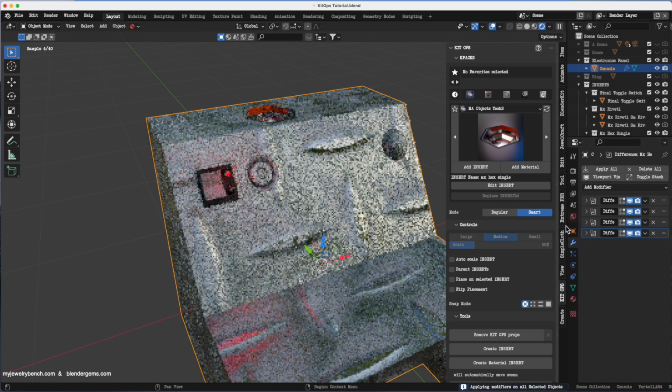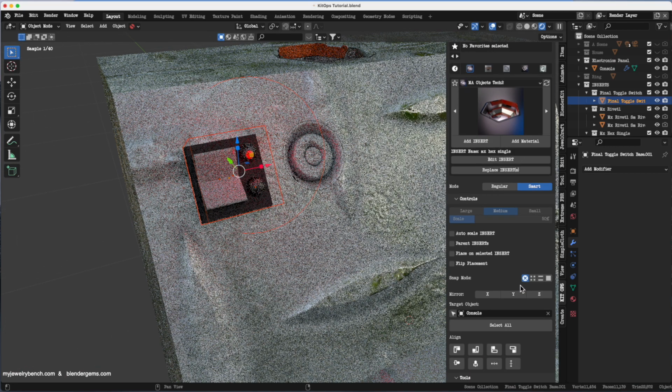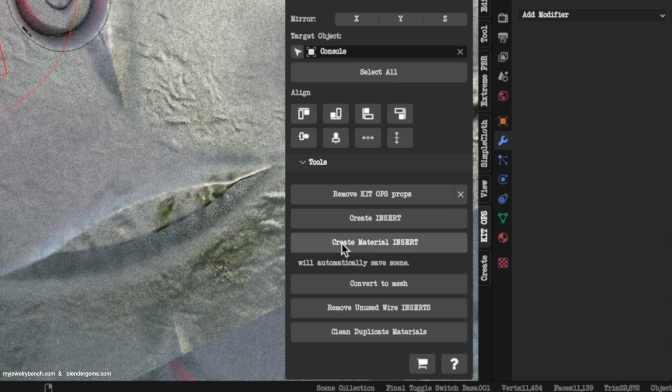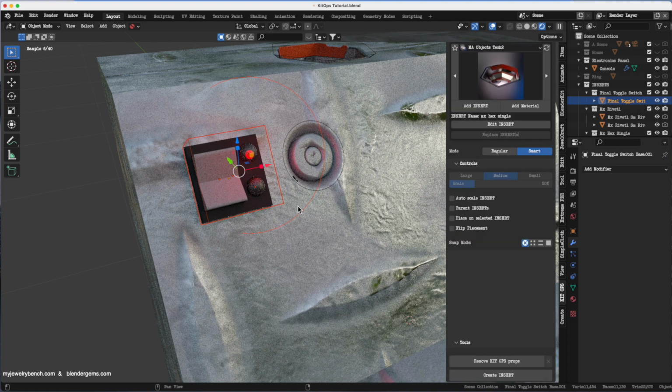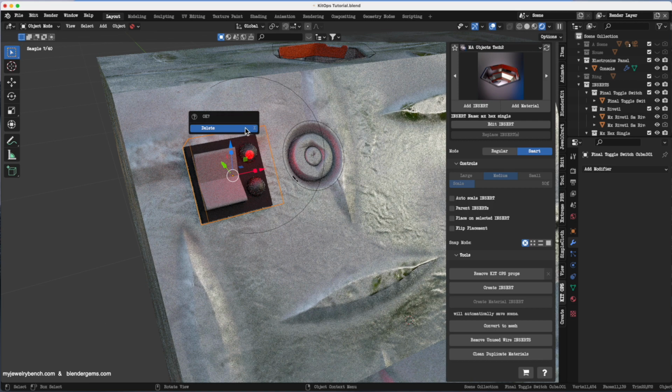It might take a few seconds here. We'll come back over to KitOps. I'm going to select the item that I created, this particular switch, and we'll scroll down here and we're going to convert this to a mesh. So once I do that, now the item has become a mesh. Just give my computer a second here, and then I can get rid of this little box. We don't need that anymore. So if I delete that,